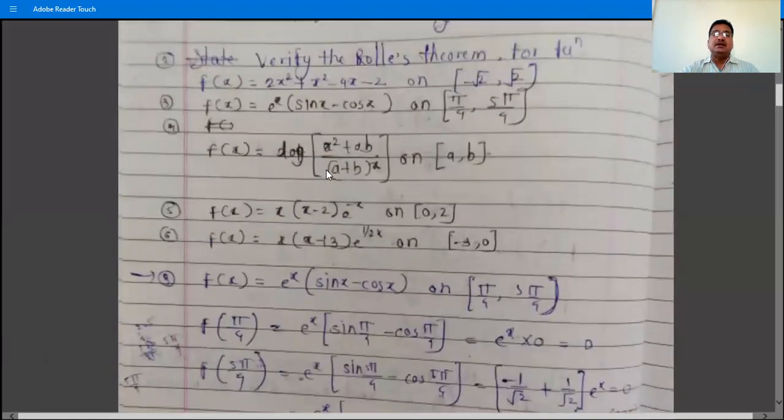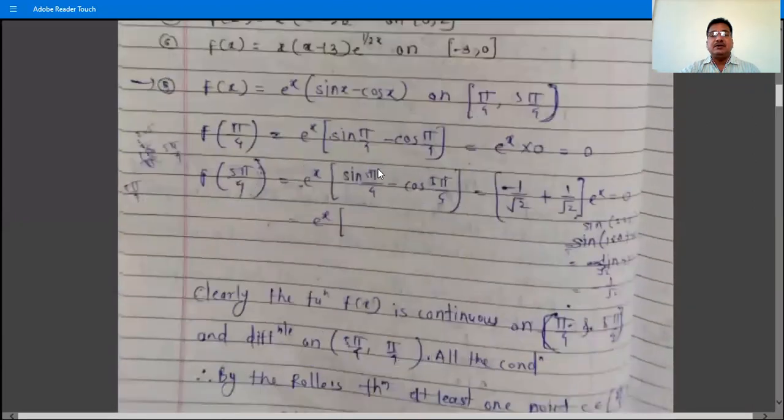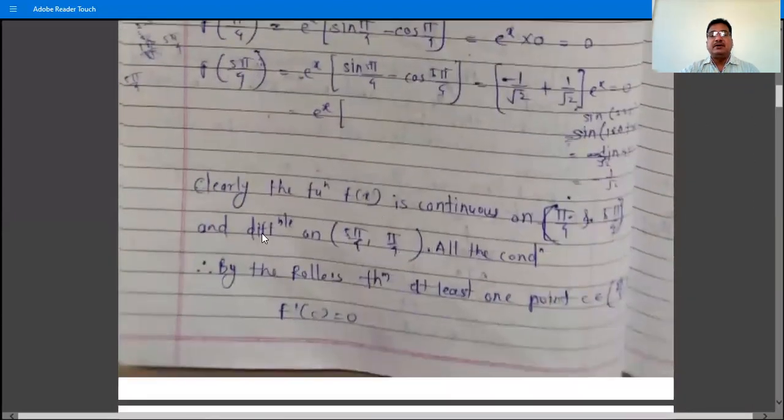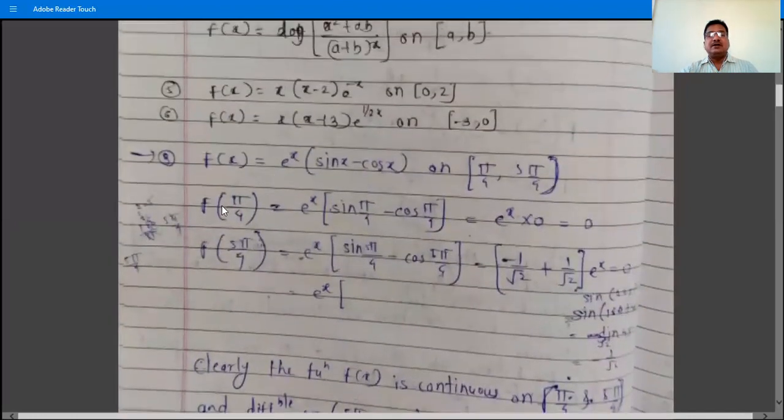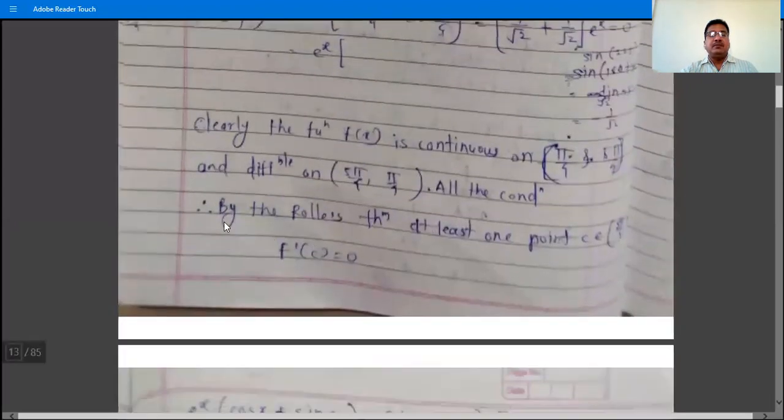Because this function is what? It is a trigonometric function, an exponential function, and a trigonometric function. And a trigonometric function is continuous and differentiable everywhere. Therefore, this function is continuous on the closed interval and differentiable on the open interval, and the third condition is already satisfied by this function, that is f of a is equal to f of b, and therefore all the conditions of Rolle's